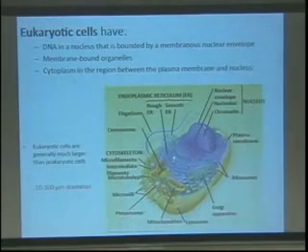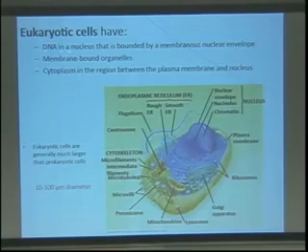And here's a picture, again a cartoon drawing, of a eukaryotic cell. And what you see here is that the DNA is now located in a nucleus. This is bound by what's called the nuclear envelope. And the cool thing about the nucleus is that it's actually a double membrane, right? It's not a single